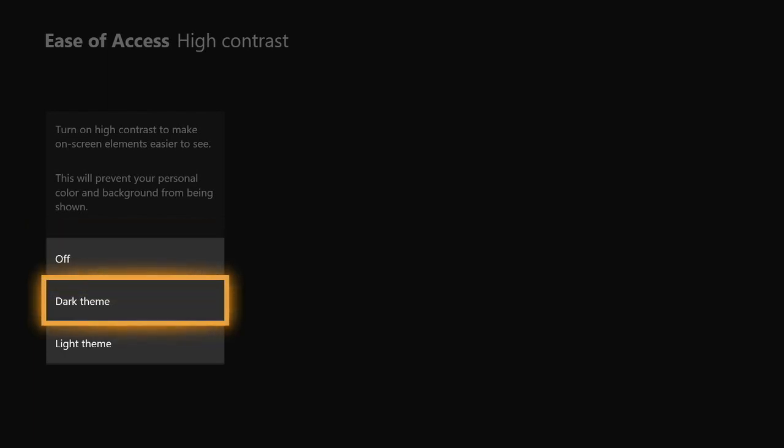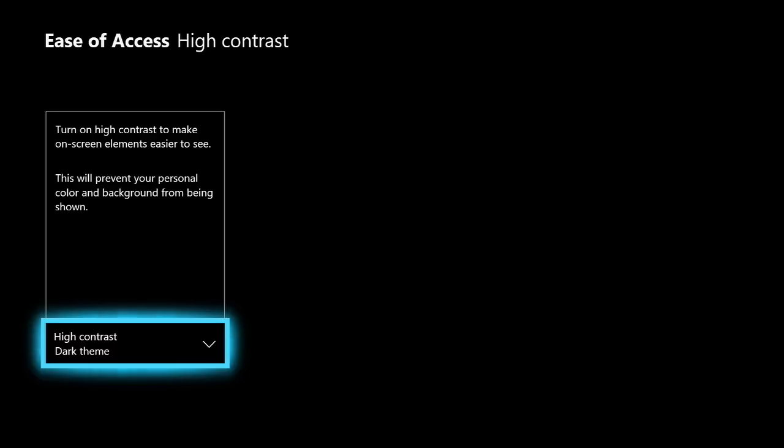So let's choose dark theme and see what happens. When I choose dark theme, a few things you'll note. The background becomes deep black. The text on the screen is bright white. And the indicator color, basically the color that I was using to highlight what was chosen on the screen, now becomes a bright blue, whereas originally it was orange. This is our dark theme, and this makes it easier for some individuals to see what's on the screen if